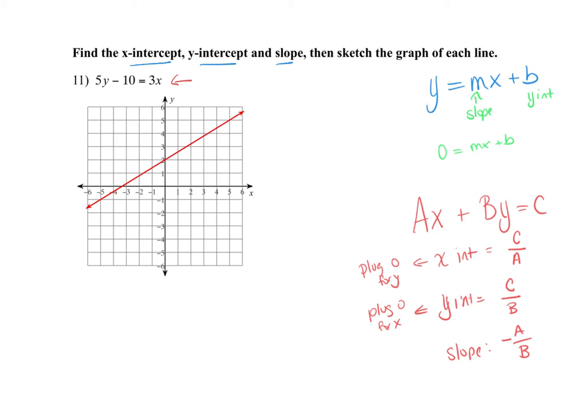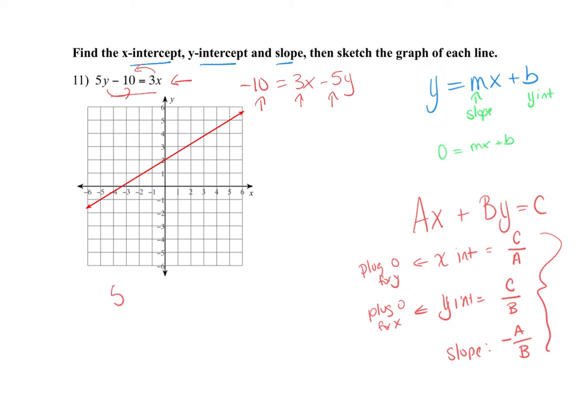All right? So like if I wanted to put it in standard form, I would move my 3 over, or I could move my y over. It doesn't matter. Negative 10 equals 3x minus 5y. That is my A. That is my B. That is my C. And you can just use this little process right here. All right? If you want it in